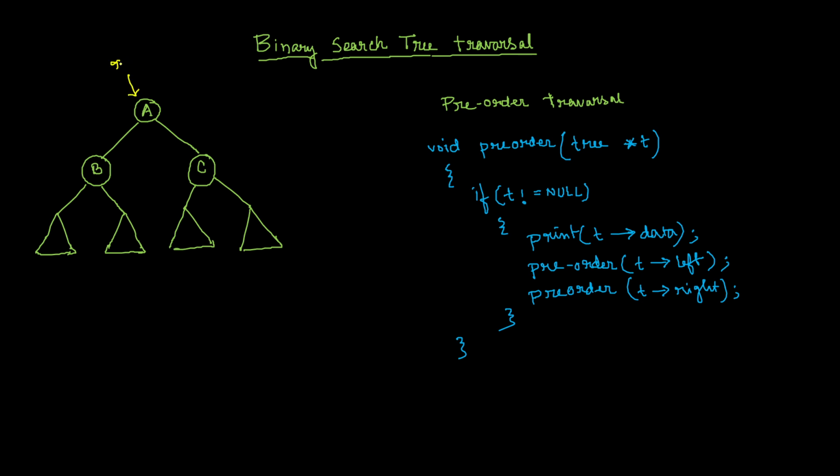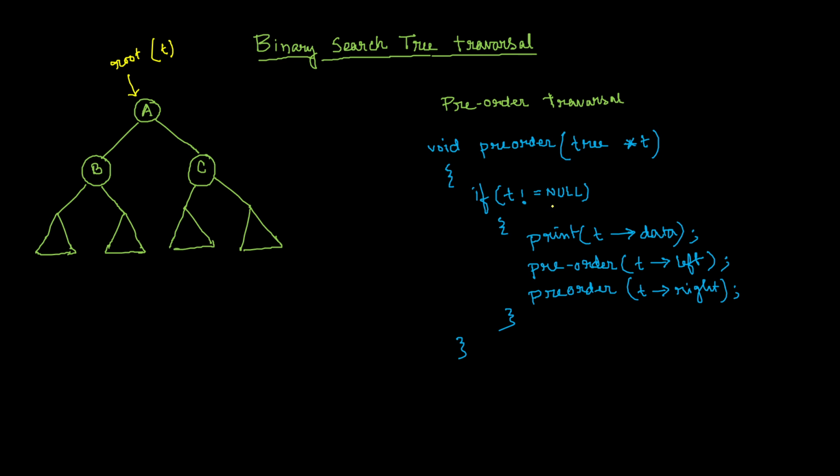This is your root. So this is basically T, and then after printing this node A, I will go to left, and then I will print until there is nothing in the left hand side. But how will I understand that? That's why we are printing the data and going left, because we are calling the same function with T left. That means I'm going left, and how will I understand if there is something? If T is not equal to null.